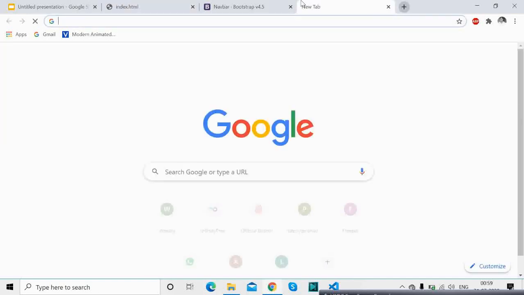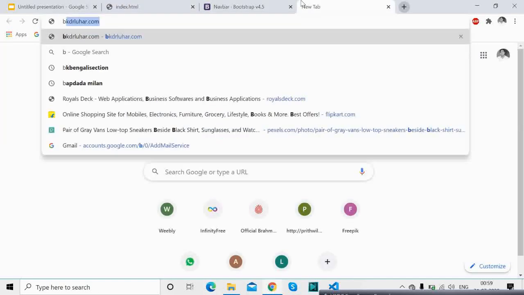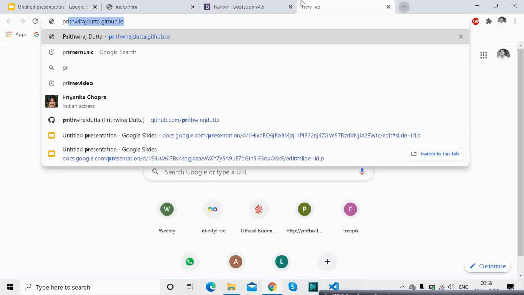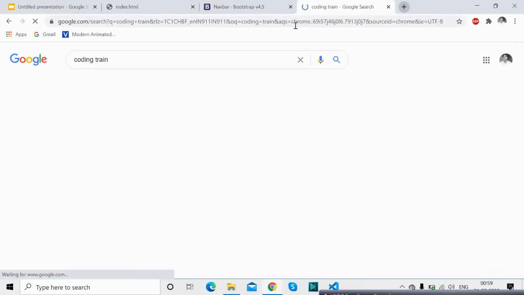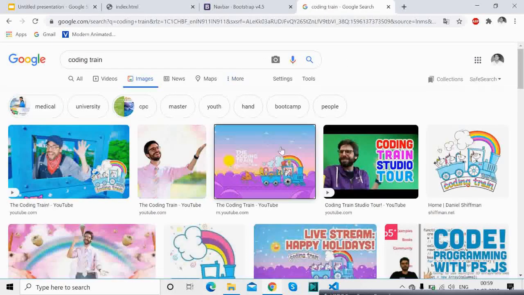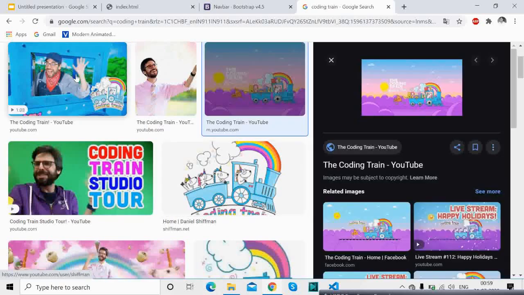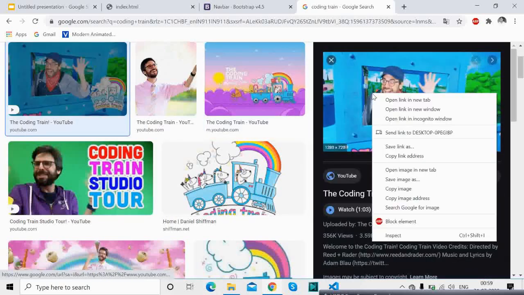So what image? Let's say this is the image we want to display.